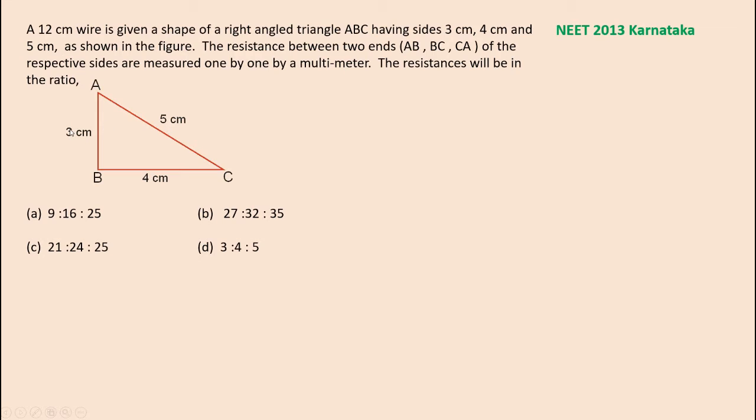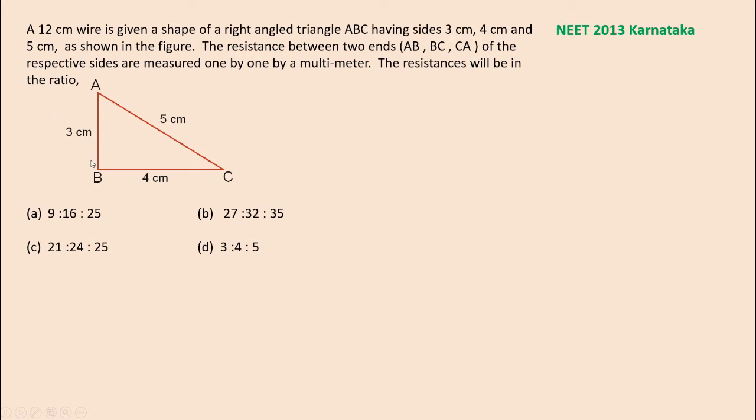I once again say that it is not necessary that the resistances should only be 3 ohm, 4 ohm, 5 ohm for these lengths separately. This is the resistance of AB alone, not the effective resistance, for this much portion of the length. If you take 3 ohm, then it will be 4 ohm, then 5 ohm. If we take it as 9 ohm, then it will be 12 ohm, then 15 ohm. But to make things easier, we say AB has a resistance 3 ohm, BC has a resistance 4 ohm, CA has a resistance 5 ohm.